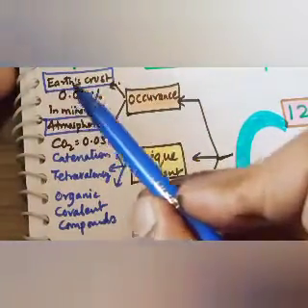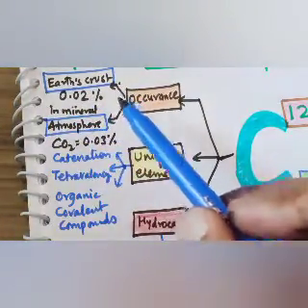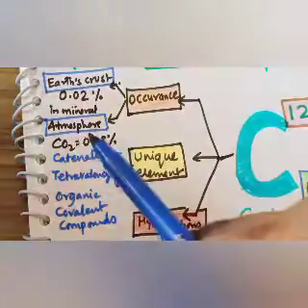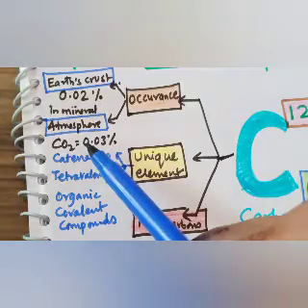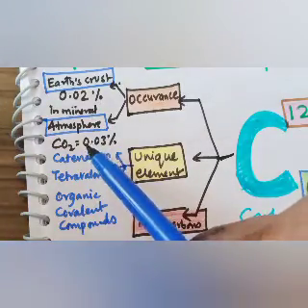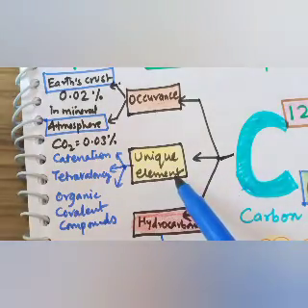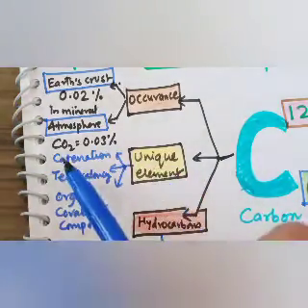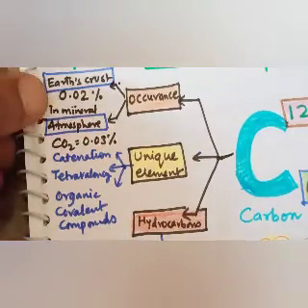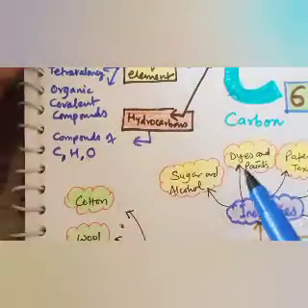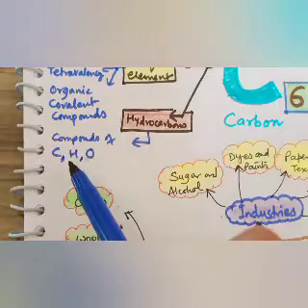Carbon is present in the earth's crust in mineral form, where it makes up only 0.02% of the earth's weight. In the atmosphere, it is present in the form of carbon dioxide, which is a very essential gas, at 0.03%. It is called a unique element. Why is it called a unique element? It is very important to understand because it has the catenation property, the tetravalency property, and the organic covalency property. We will study that in detail in future. Basically, in this chapter we will talk about hydrocarbons, which are compounds of carbon and hydrogen with some functional groups of oxygen.